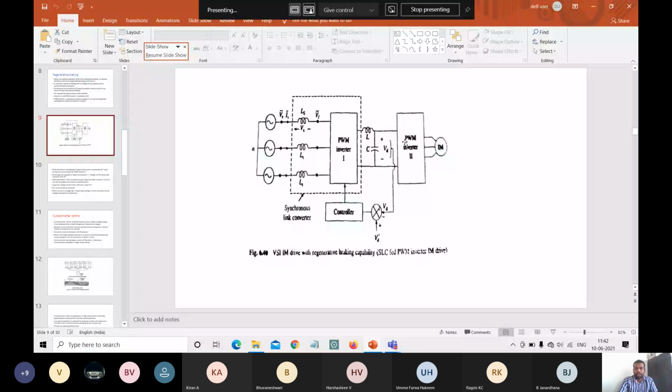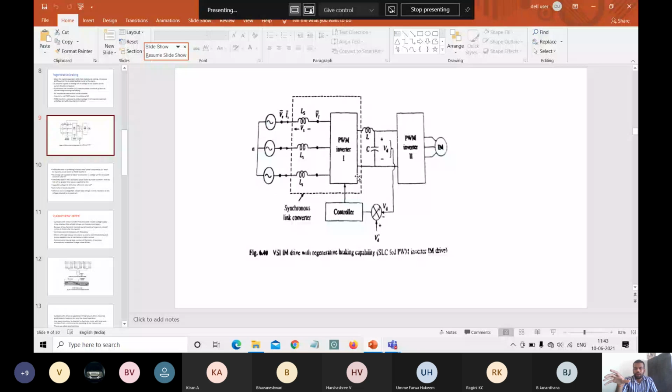So here the capacitor voltage, or the DC link voltage VD, falls below the reference value VD star. During normal operation, VD and VD star are both equal, but due to the sudden increase in the load on the induction motor, the capacitor voltage VD will be less than the reference value VD star. So because of this closed loop voltage control, this will increase the value of IS.